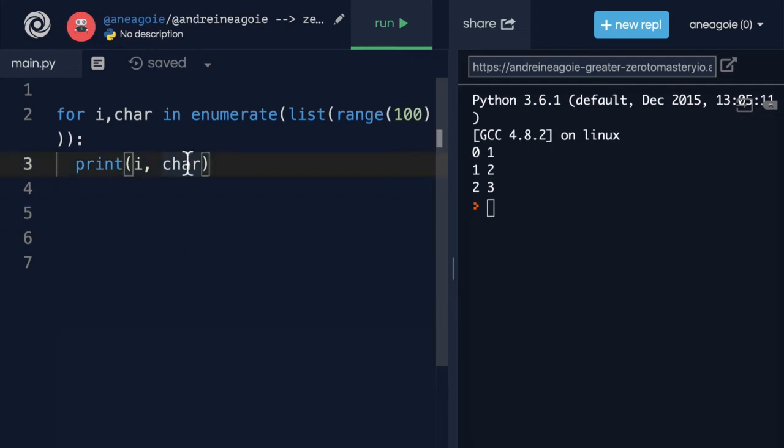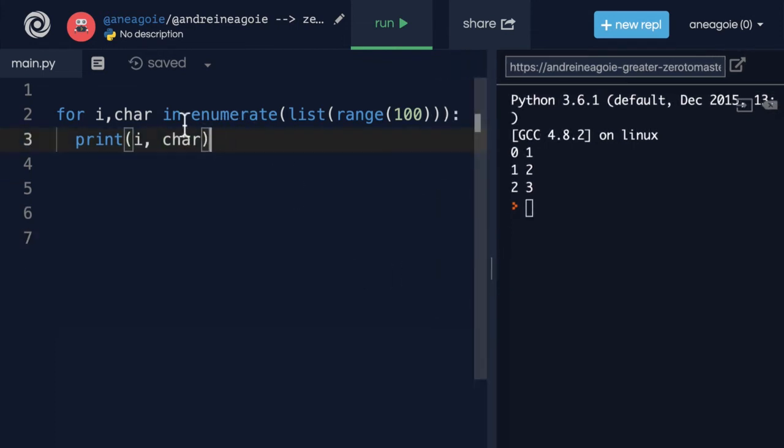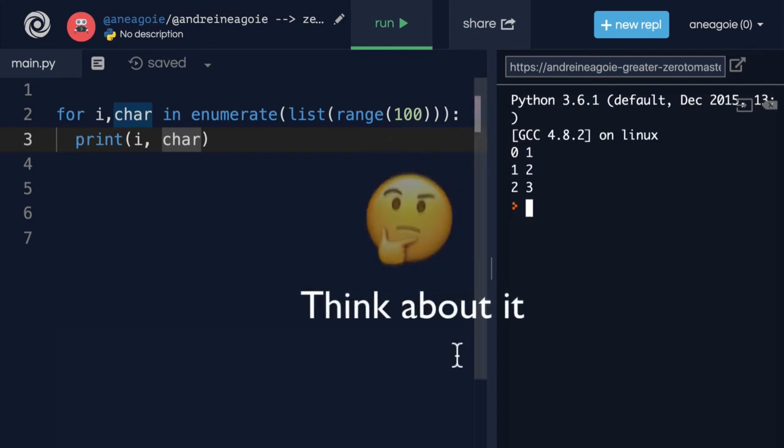Now, let me make this a little bit bigger. I want it so that we only print the index of, let's say, the value 50. I want to know where 50 is in the list. Again, this is a simple example, so you can probably already guess what the answer is. But how would you code this so that we only get the index of 50? Or it says the index of 50 is whatever. Pause the video if you want to give it a go.